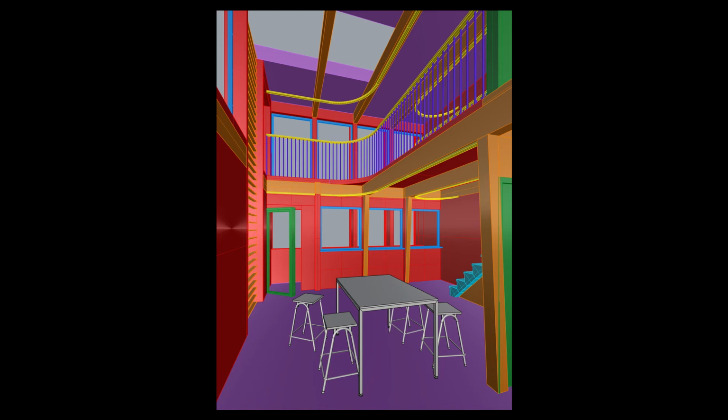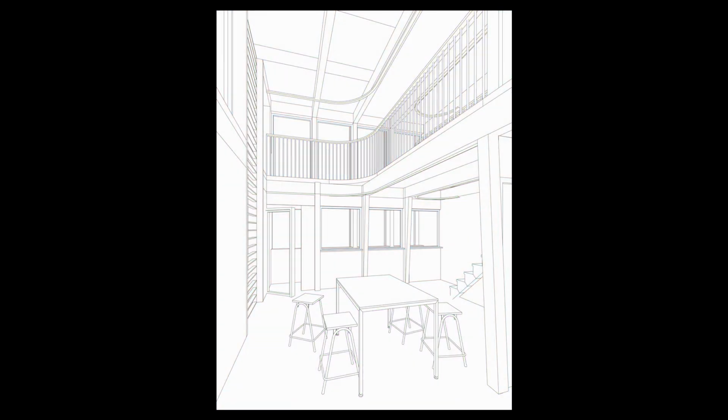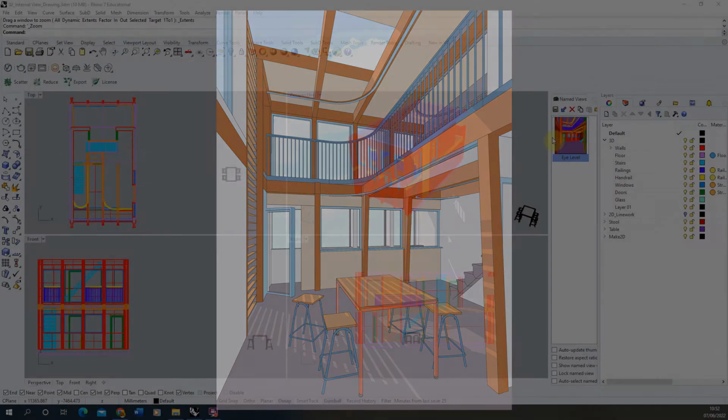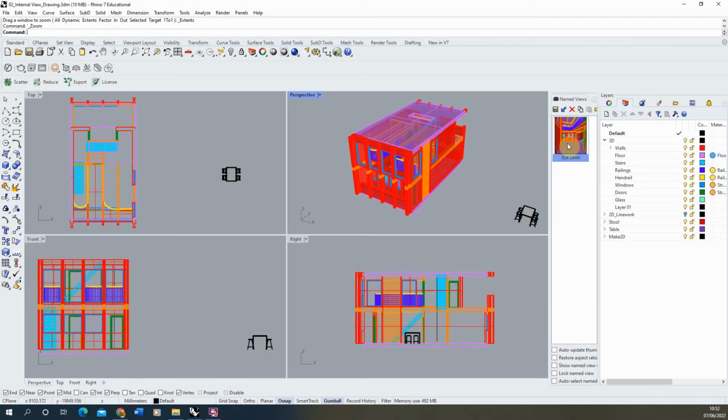Welcome to this video tutorial on creating interior perspective drawings in Rhino. This video follows on from my previous video on creating eye-level views in Rhino, and we're going to be using that view to then create an interior perspective drawing using the same model. Now I've got my named views set up here with that view from the previous video that I've made, so